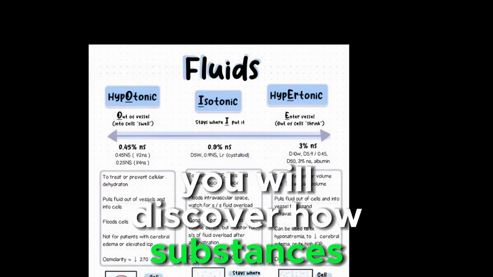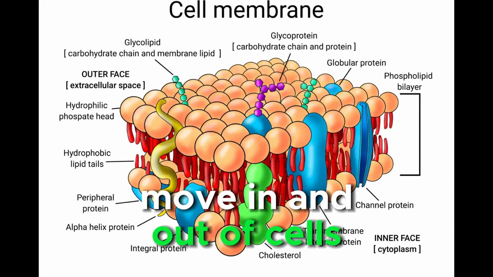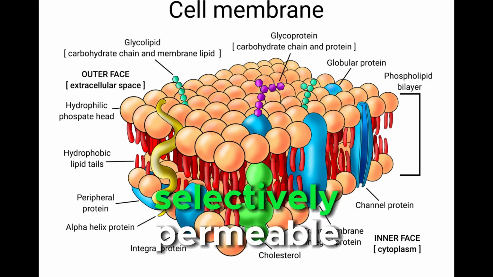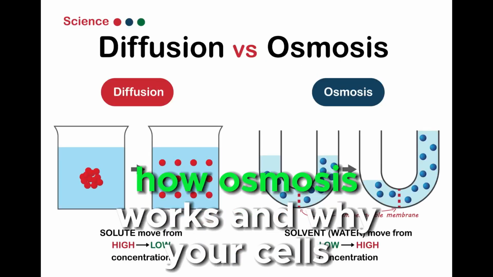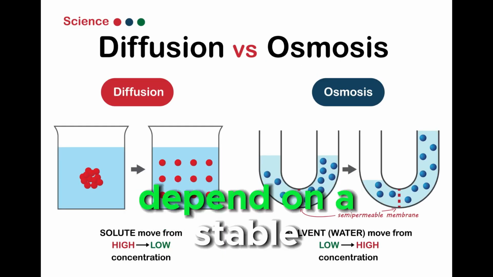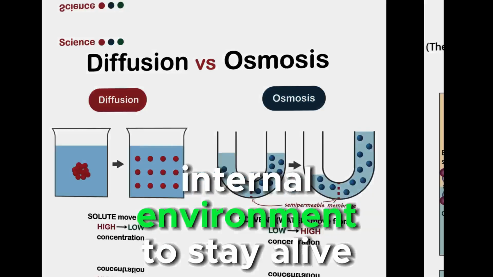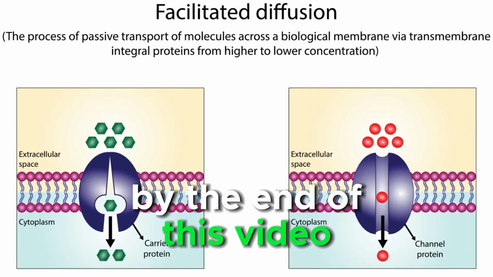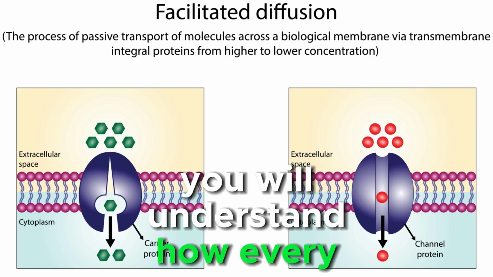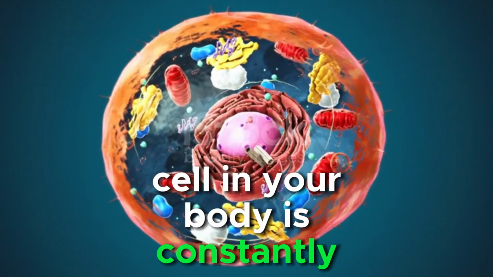We'll discover how substances move in and out of cells, why the cell membrane is called selectively permeable, how osmosis works, and why your cells depend on a stable internal environment to stay alive. By the end of this video, you will understand how every cell in your body is constantly interacting with the